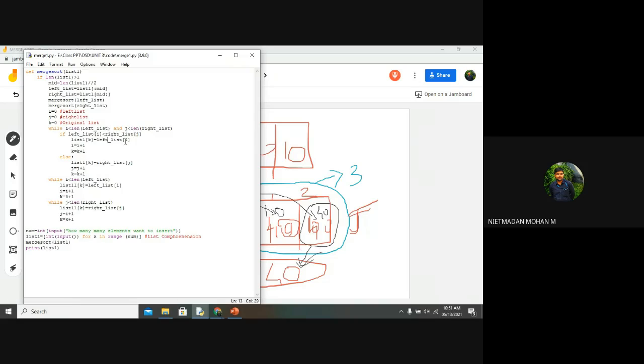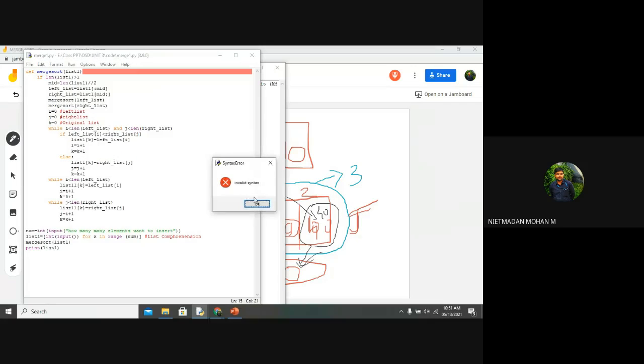Why? Because in the previous program also I couldn't explain each and every line. So I could explain only this if condition. The if and else condition I have explained with the 40 and 10 values. Based upon that, it will be incremented in the second and the first iterations also. Is it clear? If I run this, an error will come. Yes.